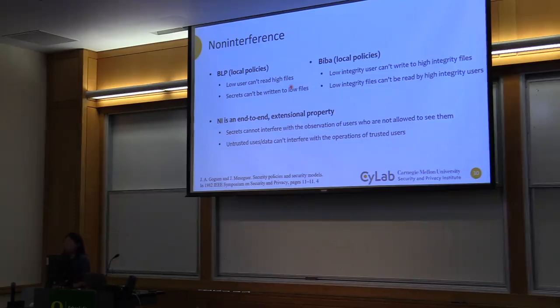Yeah. The last Biba thing I didn't understand. Integrity files can be read by high integrity users? Yes. Because I thought that Biba was about writing. So why can't a high integrity user, like why can't Biden read Twitter in Biba? If Biden is about to make a decision based on Twitter data, you wouldn't want that to happen. For example, your system is about to shut down, and you're waiting for a command to shut down or to erase all your files. You don't want that information to come from an internet attacker saying, hey, wipe all the files now. So that's the integrity part.